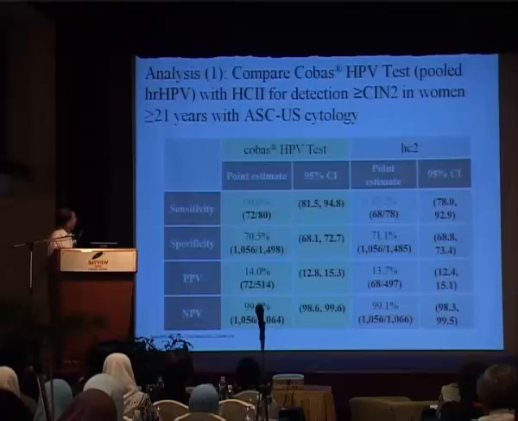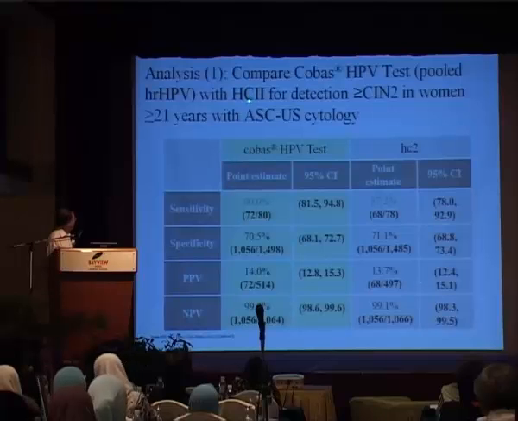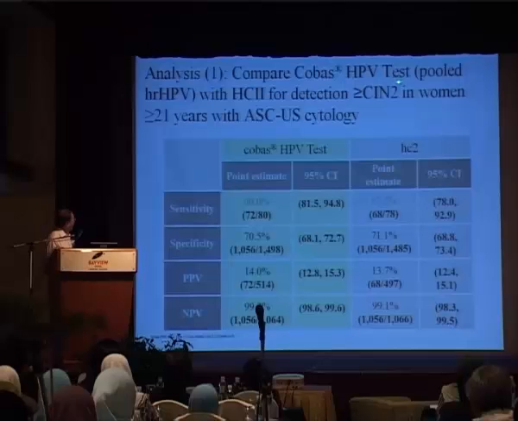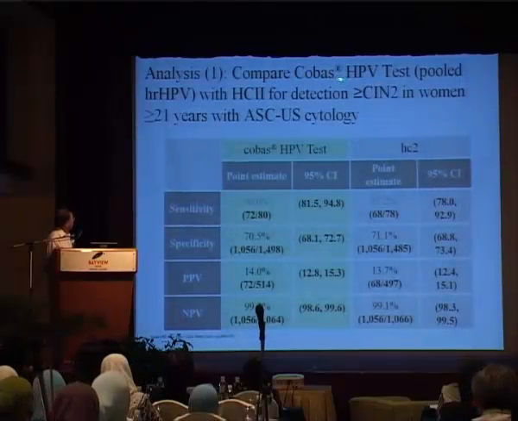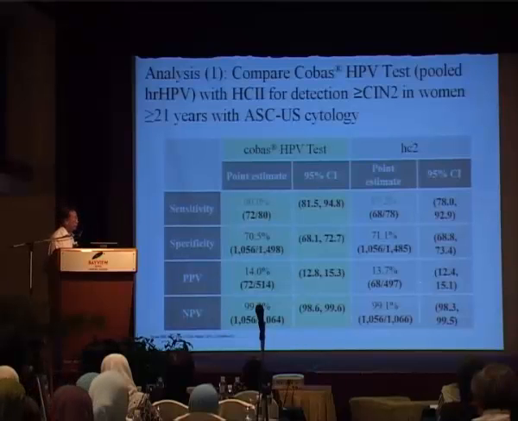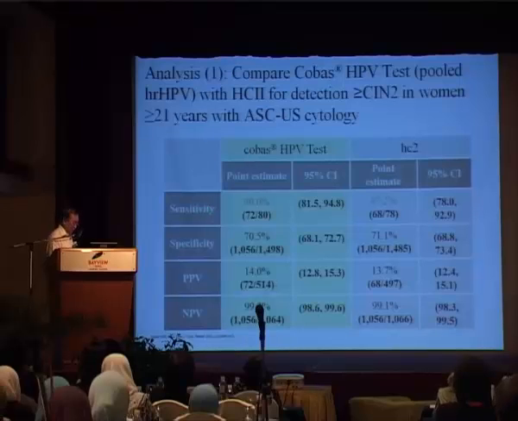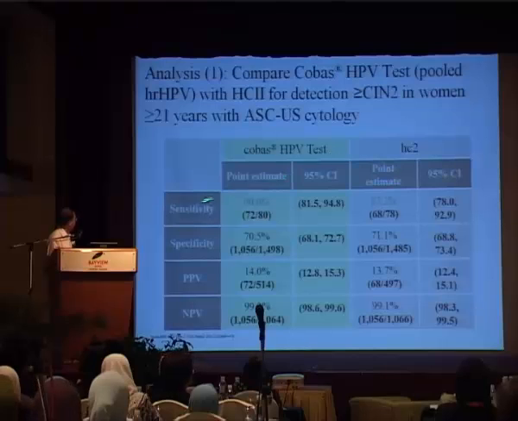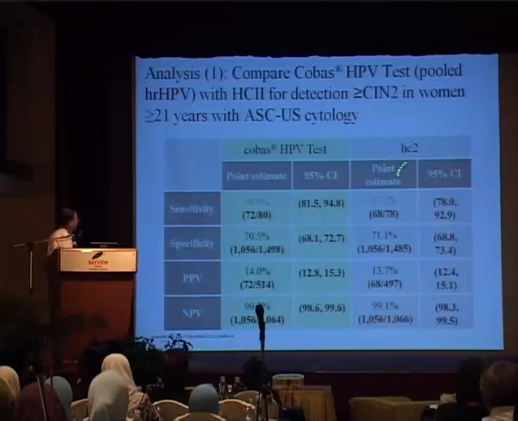To be fair, as a comparison to the hybrid capture tool, which is a pool data on high-risk HPV, we can do the same comparison, although the data does provide 16 and 18. Let's forget about 16 and 18, just put all the 14 groups together using the two systems. That means they're using the pool data, looking at first the sensitivity for detecting CIN2 or more severe lesions. You can see that for COBAS system, the sensitivity is 90%, which is comparable to 87% by the hybrid capture